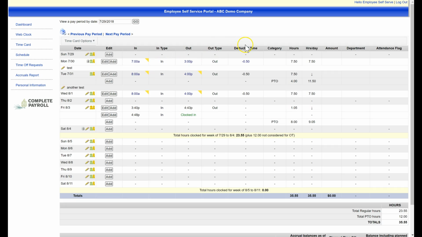You may see an amount under deducted time if the auto lunch feature is active, deducting a designated amount of minutes after a specified number of consecutive hours have been worked. Next is the category description for the hours, the number of hours, and if there are multiple hours on a day, we'll see that total. If you have multiple weeks in a pay period, you'll see subtotals for each week and then a grand total